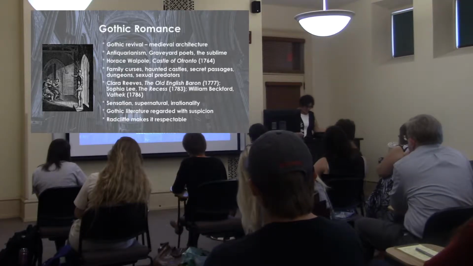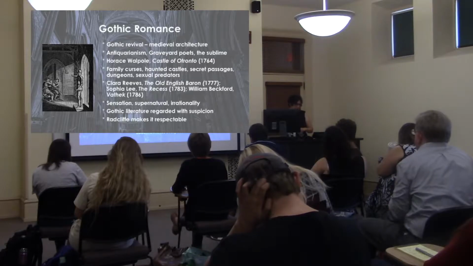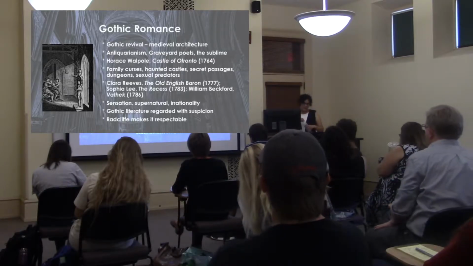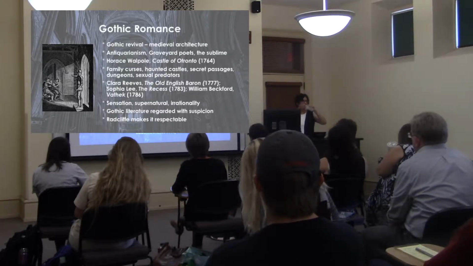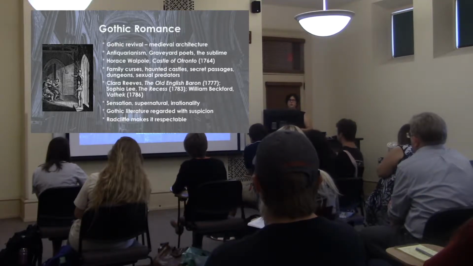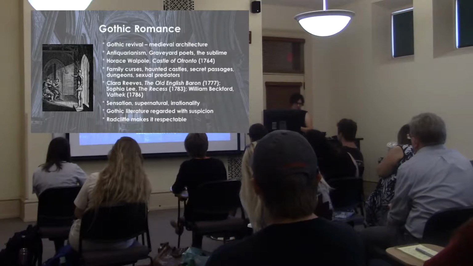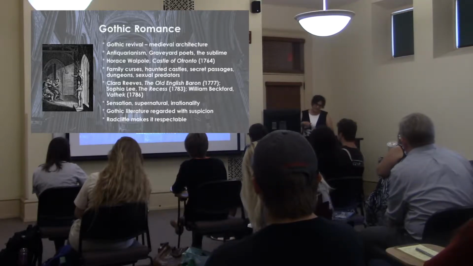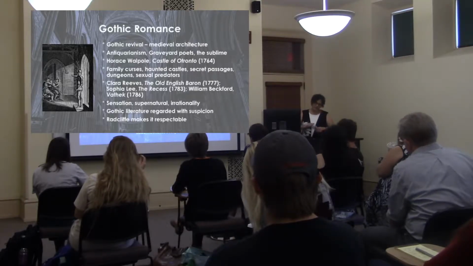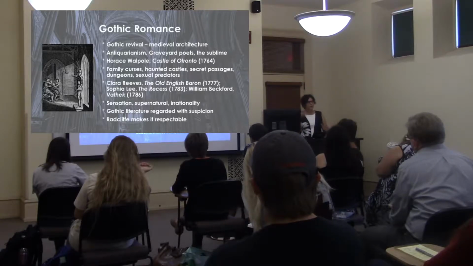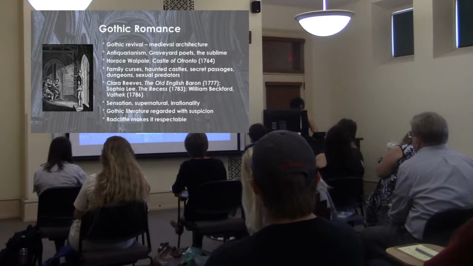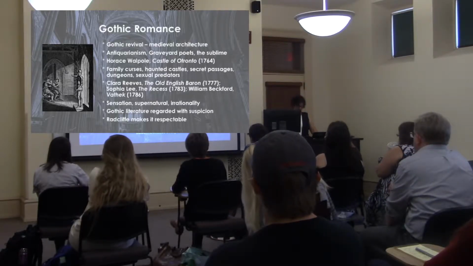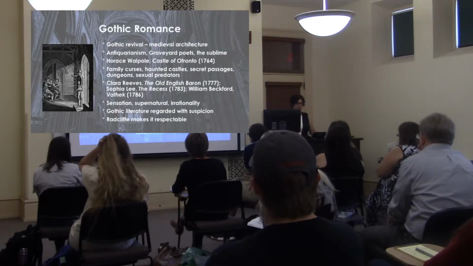The first Gothic novel to be published was in 1764, and it's The Castle of Otranto, which was written by Horace Walpole. Unlike Radcliffe's The Italian, which takes place in the 18th century, it's set in the medieval period, and it has many of the tropes that would become stock features of subsequent Gothic novels. So it has a family curse. It has a haunted castle that is filled with secret passages and